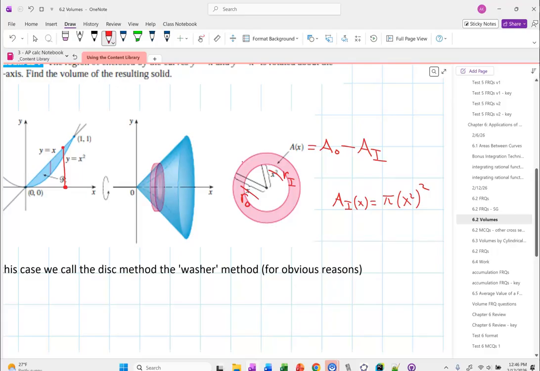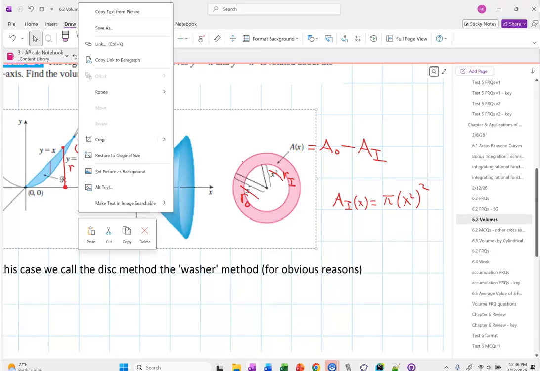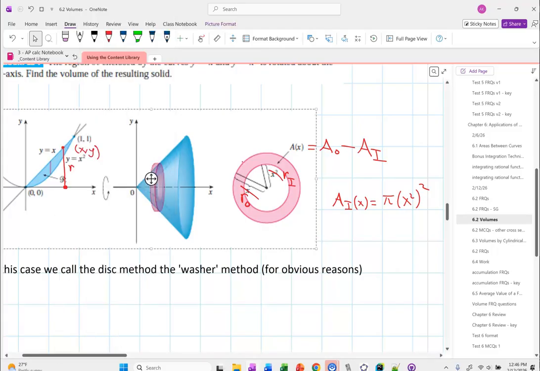Everybody okay with what I mean by inner and outer? Okay. So that point is an xy also. Which coordinate is going to represent the